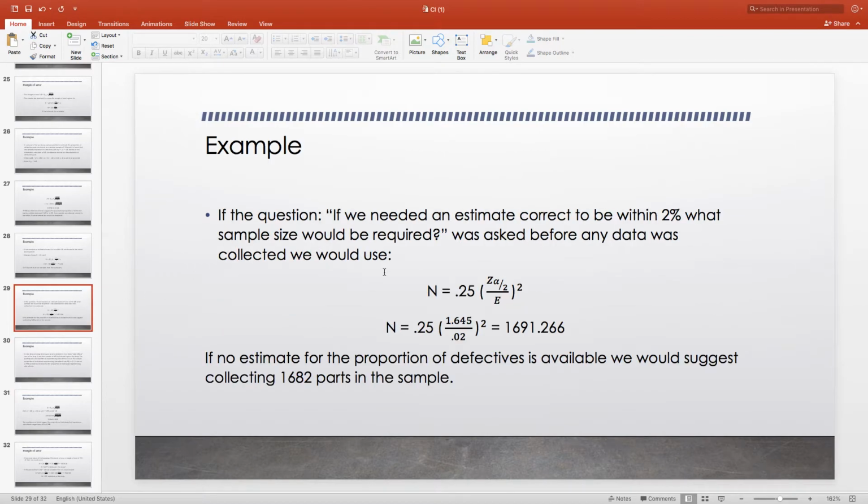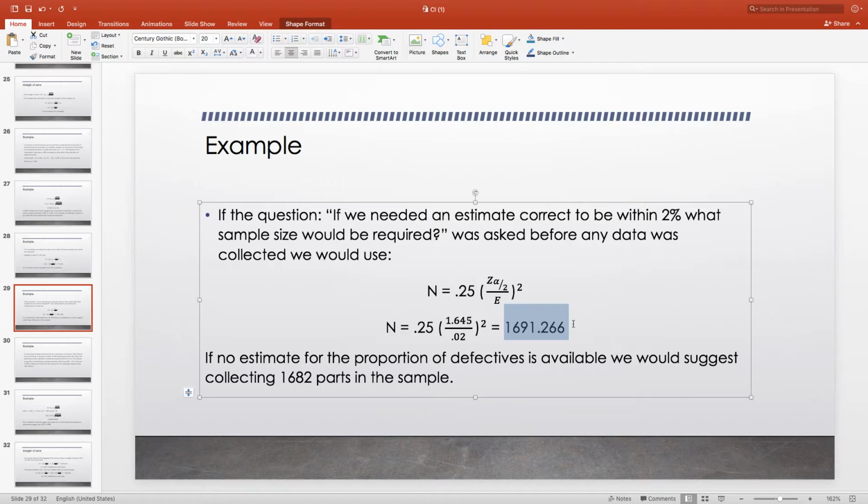Okay, so let's go back to that. You just plug in the given information. The z of alpha over 2 is 1.645. We use the calculator for that. Our margin of error is 0.02. We go ahead and do this calculation. It says we need to sample